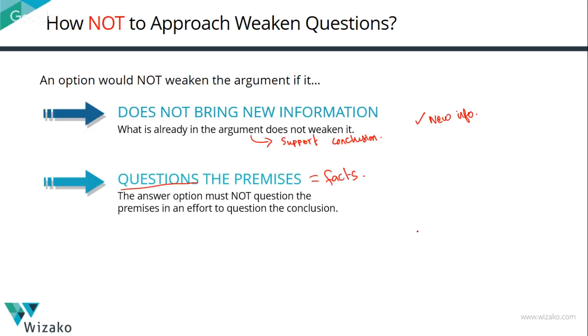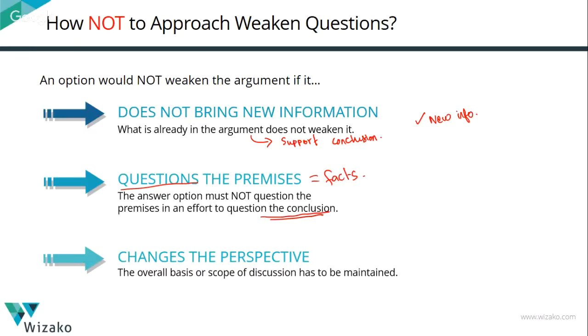Do not question it. Don't pick an answer option that says something like, no, the job offers have not actually been coming down. That's not weakening the argument. Or Sunshine University doesn't actually have an online course for the arts programs. Doesn't necessarily weaken the argument. So if you're directly contradicting the premises, you're still not questioning the conclusion. The conclusion and the logic is what you need to focus on. Don't question the premises in the argument, no matter how attractive the answer option sounds.